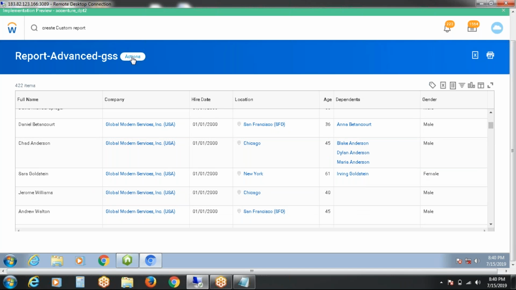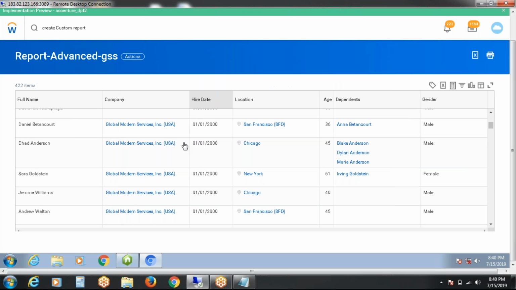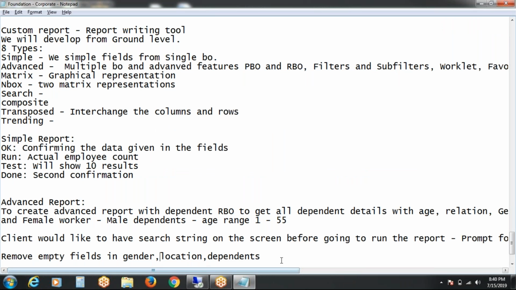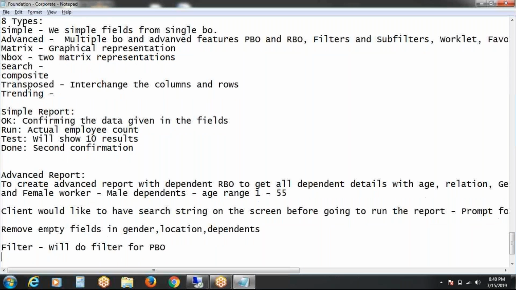Where do I need to filter these empties of dependents? Filter will do filtration for primary business objects and subfilter is for RBO, related business objects.